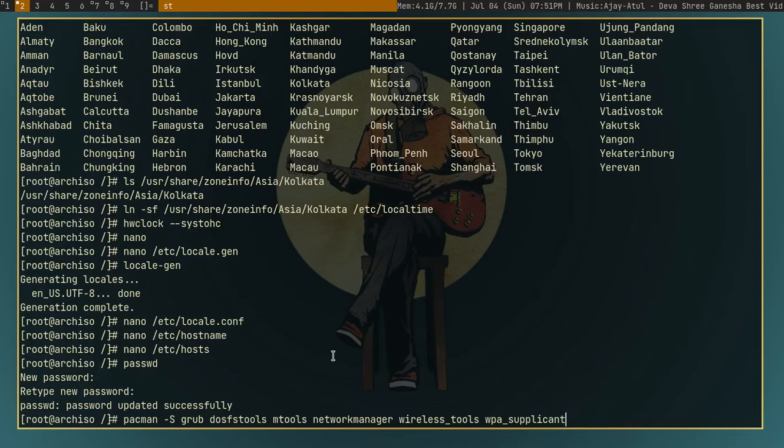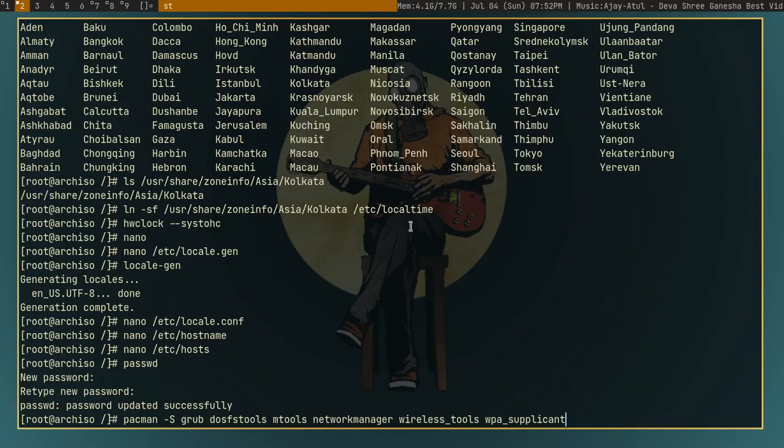Yeah, this should be enough for now. If you are dual booting with another system, you should also install os-prober, which will try to find other operating systems on the drive. But I have only one operating system on it, so that's not required. So pacman -S grub, dosfstools, mtools, networkmanager, wireless_tools, and wpa_supplicant.